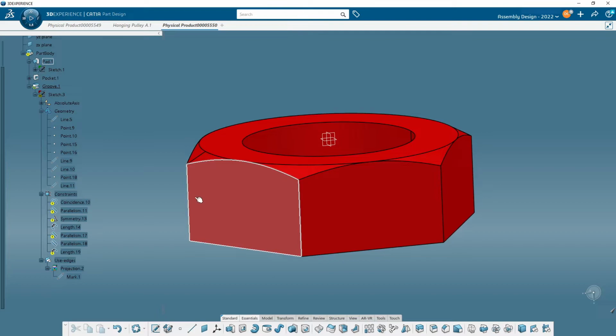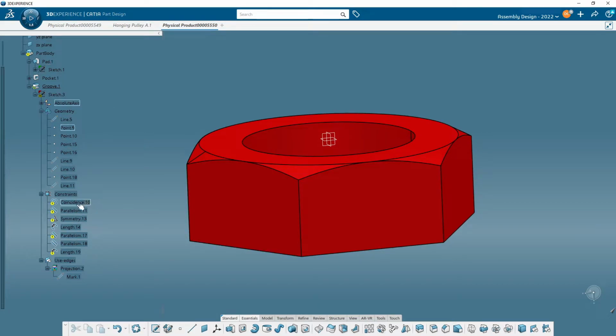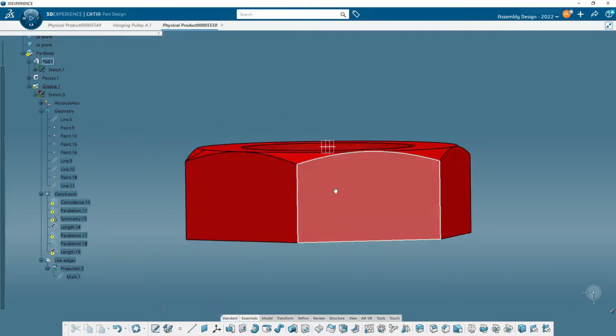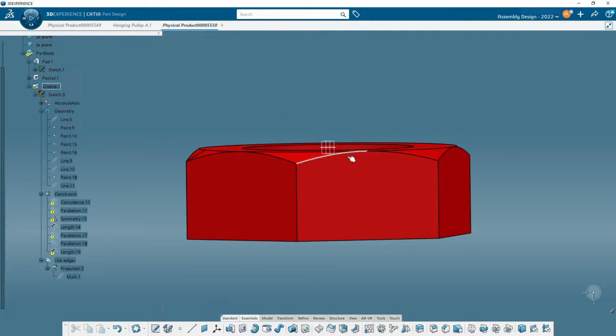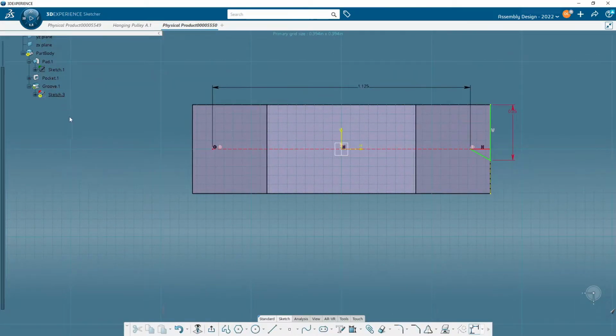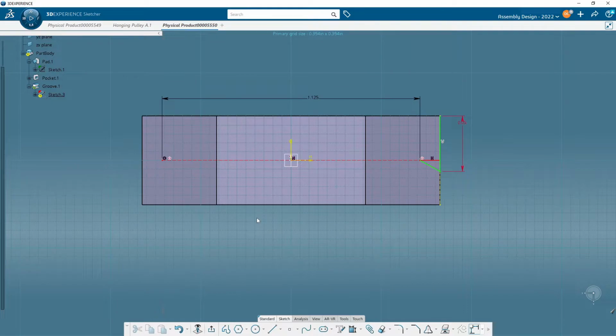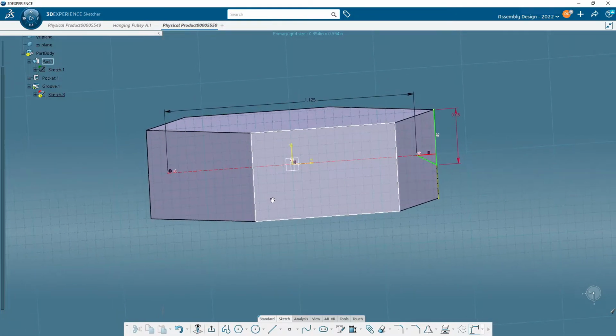Okay. So what's going on? Well, the quickest, fastest way to look at this, you could look down here and say there's a coincidence that doesn't work anymore. Something's parallel to something. So what did we change? Well, we took this that was flat here and we made it even. So we'll double click on the sketch,